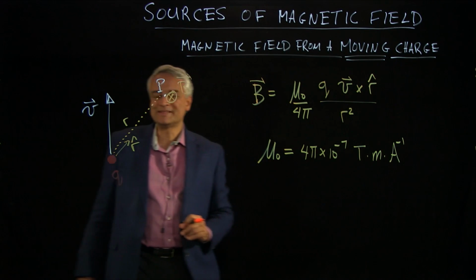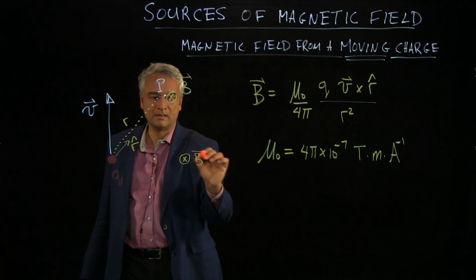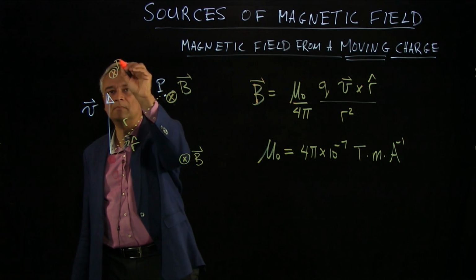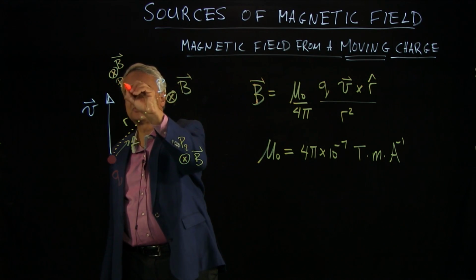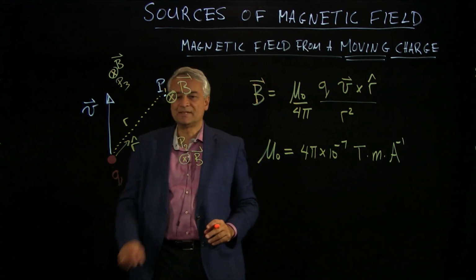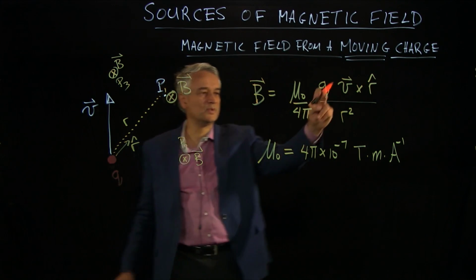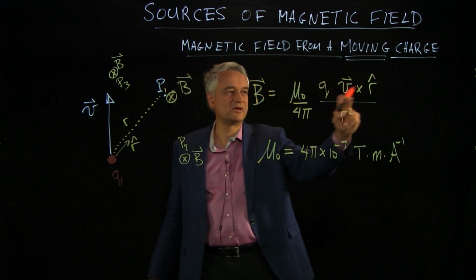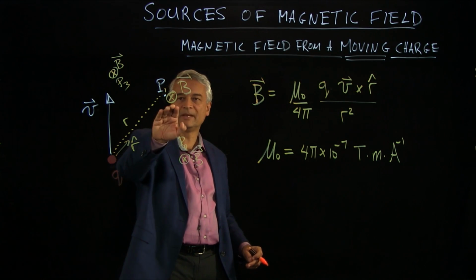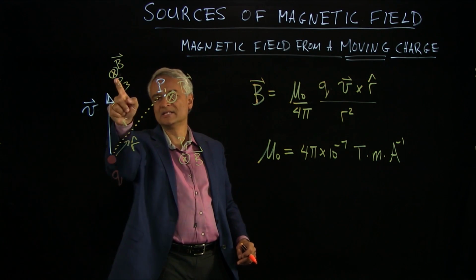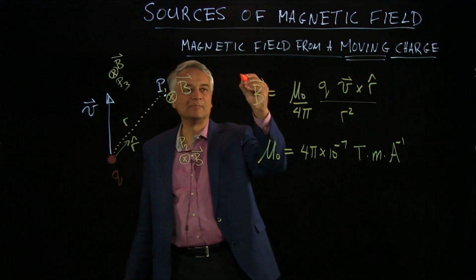So what that means is that if I look at the magnetic field here, and then I look at the magnetic field here, and then I look at the magnetic field there, these are 3 different locations. Let's say P1, P2, and P3. I picked them so that they were all the same distance r away from the charge. So r is the same, V is the same, Q is the same, r squared is the same. What's different is V cross r hat. For these 3 points, V cross r hat is biggest here, somewhere in the middle here, and it's almost 0 there, because if I go to this spot, r hat is almost parallel with V. So this force law, which I'm going to put in a box,